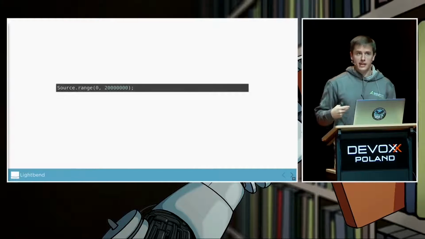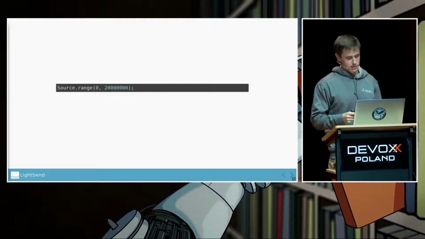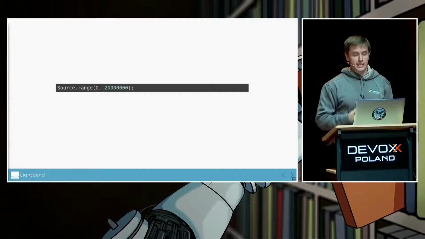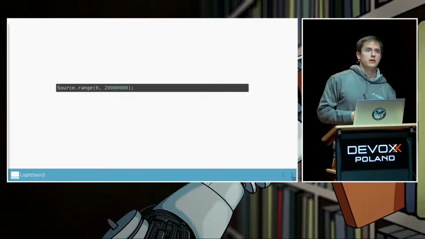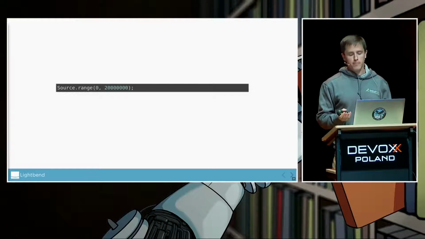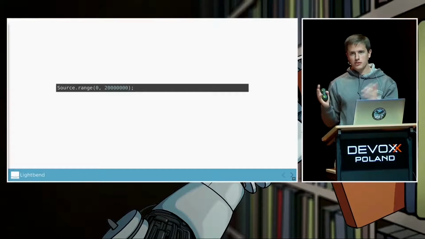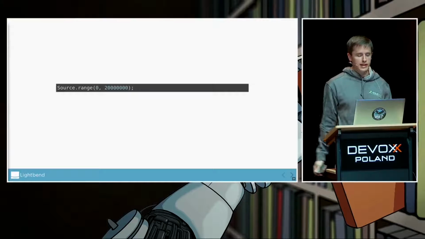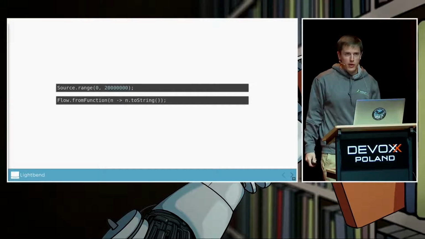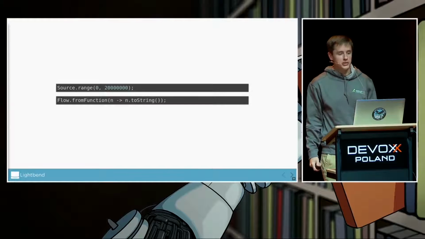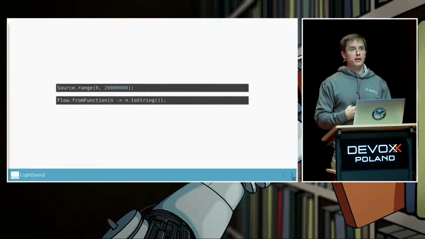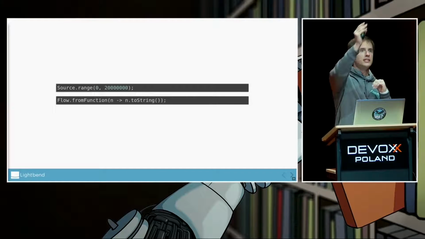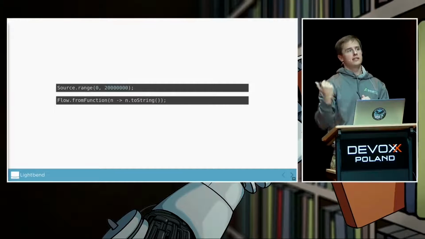Before we go into the full example, which involves HTTP and databases and all sorts, let's just look at a really simple example. This is about as simple as it gets for an Akka Stream source. It will range over the elements from 0 to 20 million. But it's not going to bring a collection of 20 million elements into memory. It's just a recipe for producing elements. The simplest flow I could think of would be something which turns an object into a string. But flows can be really quite complex. You can have an outbound TCP connection as a flow, which every time something comes in, sends it out to TCP, and then anything that comes back is sent down the flow.